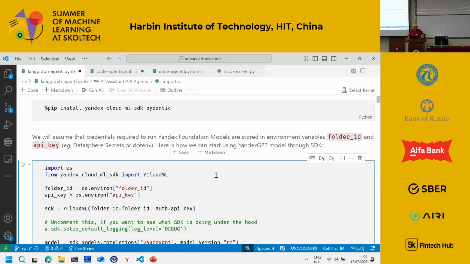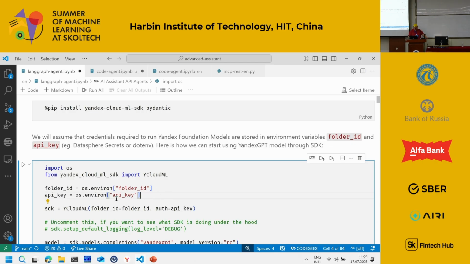To use something in the cloud, you need access tokens or something like that, because whenever you use something in the cloud, somebody pays, right? So if you will be using something as part of this summer school, Yandex pays for that. You would get access to Yandex Cloud, and you would be able to create a special API key to use with Yandex GPT and other foundation models in the cloud.